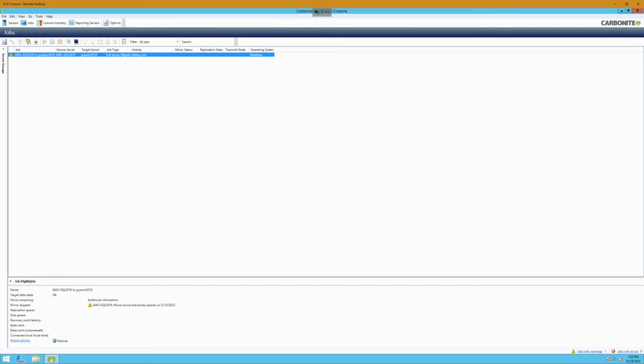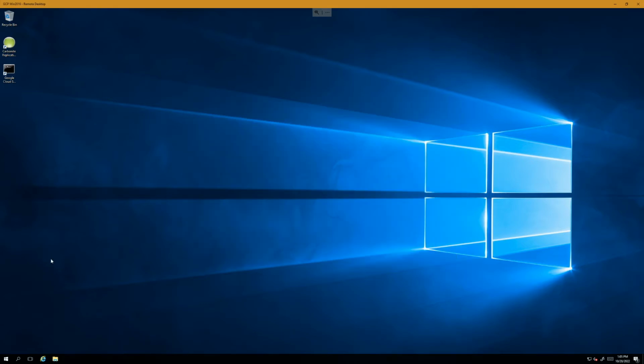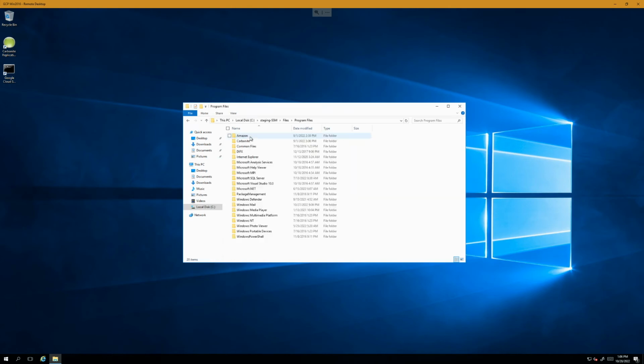But basically what's happening on the target is that it's going to begin to move things around. So data that's in that staging folder would be removed and it would be placed to the location where it needs to be. So if we were to, again, look at some of the staging data here, you can see we're exporting the registry, importing it back in. We're moving information around. So if I look at some of these data files here, let me go back up one more level and look at the program's